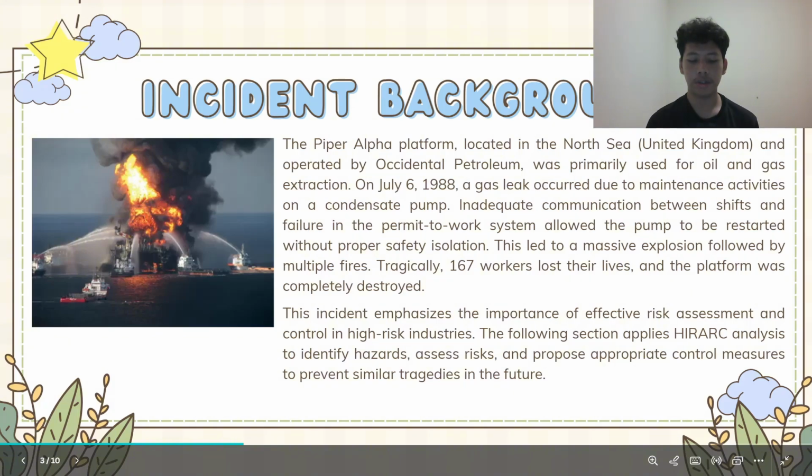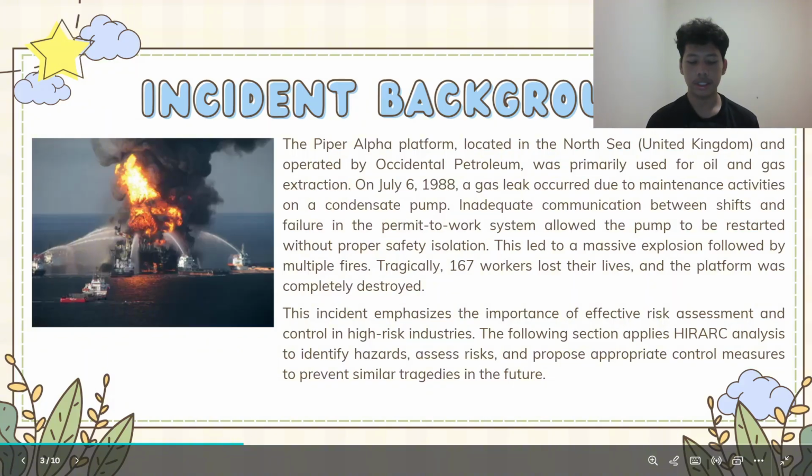Due to poor communication between shifts and a breakdown in the permit-to-work system, the pump was restarted without proper safety isolation. This led to a massive explosion followed by multiple fires that engulfed the platform.